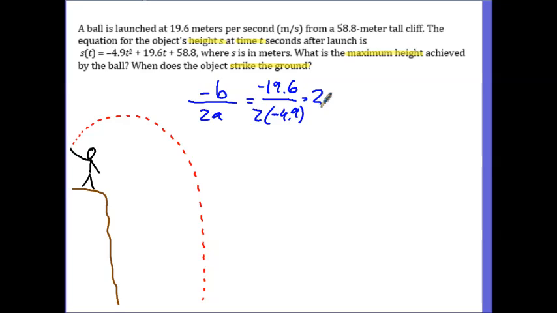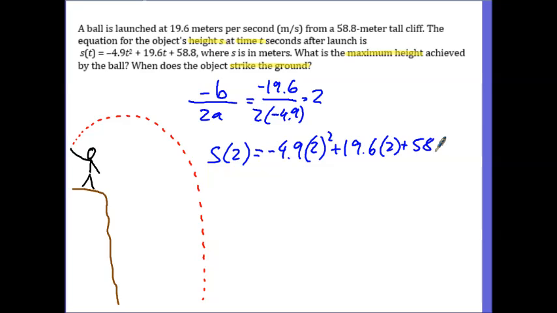That's the x-coordinate of our vertex. So let's plug 2 into our equation. S of 2 is equal to negative 4.9 times 2 squared plus 19.6 times 2 plus 58.8. And to do the math,